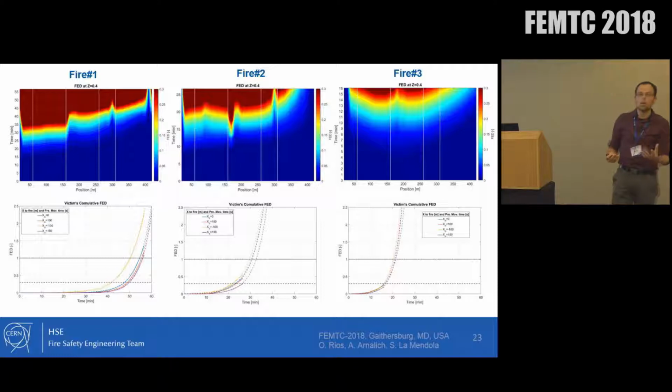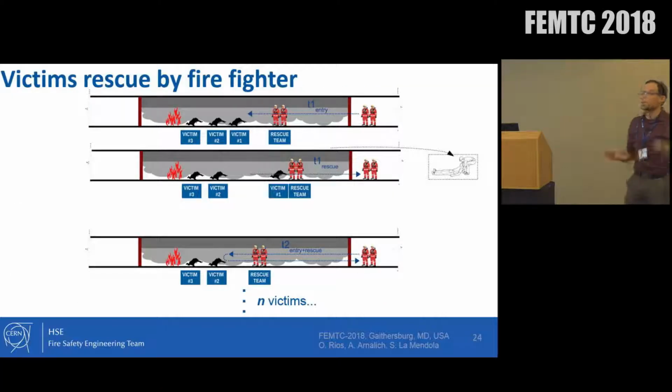I said the 1D model is pretty simple because the occupants are not moving, but they're going to be rescued by the fire service. So we had to model the fire service intervention into this infrastructure. And as I said, CERN has an in-house fire service, but for this FCC, we had to come up with a probable distribution of this fire service.